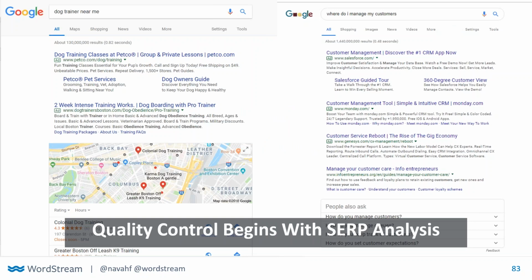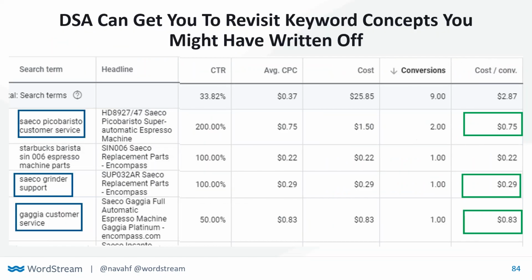Do these represent the right people for me to compete with? Now, I mentioned earlier that we would come back to the DSA search terms report. What I found really fascinating about this is that, as a knee-jerk reaction, I almost always write off customer service. That is almost always a negative. It's in my negative list when I pre-build campaigns. And what I found in this one campaign where it happened to slip through is that customer service from my competitors came in as significantly cheaper conversions.